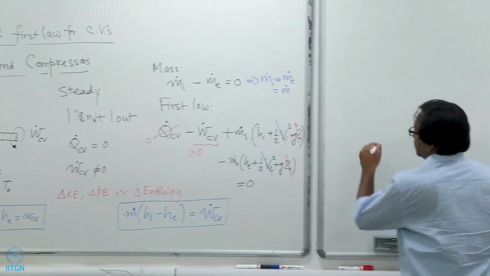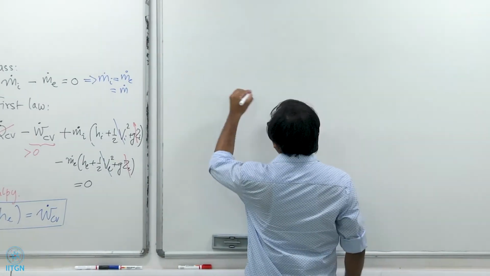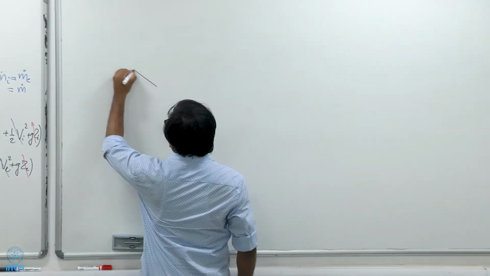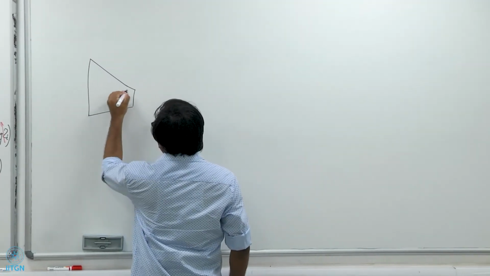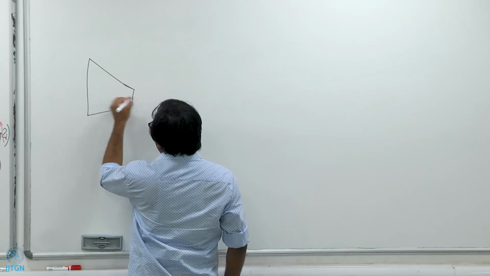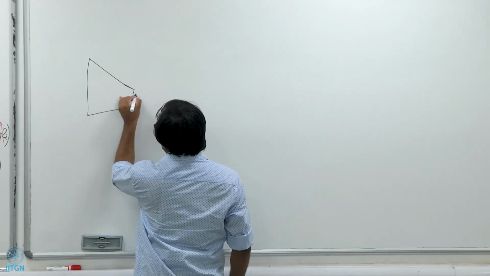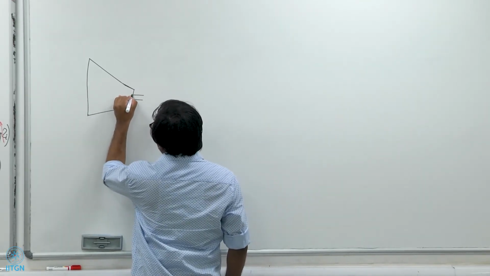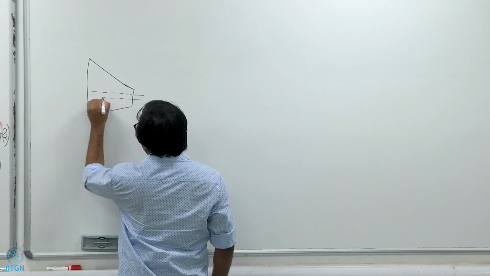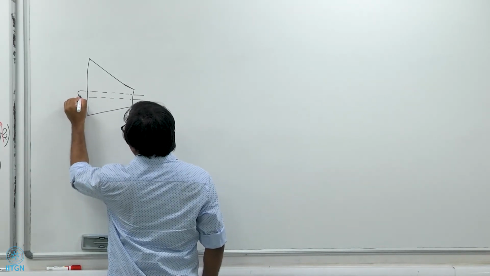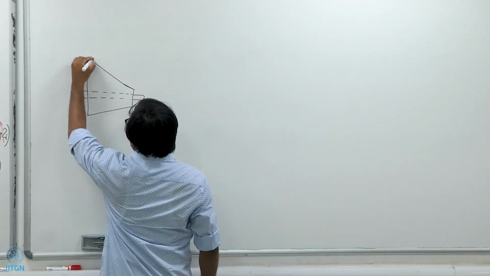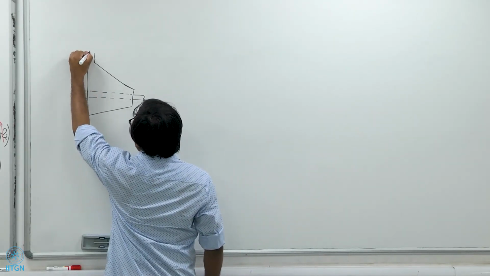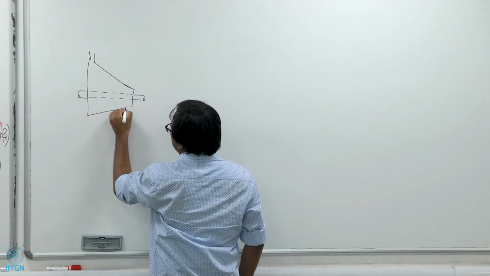So, this is turbine. For a compressor we have just the opposite thing. A compressor will typically have something like this. It need not always look like this, but again it has shafts, okay. What a compressor does is it works in the opposite way as that of the turbine, okay.